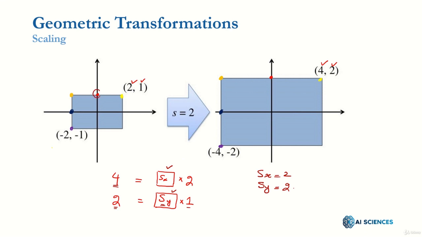For example, this particular point originally was 0, 1, and its corresponding point is 0, 2. If you multiply 0 with 2, you will get 0, and if you multiply 1 with 2, you get this 2 out. And similarly, if you multiply 2 with minus 2, you get minus 4, and if you multiply 2 with minus 1, you get this minus 2. That means